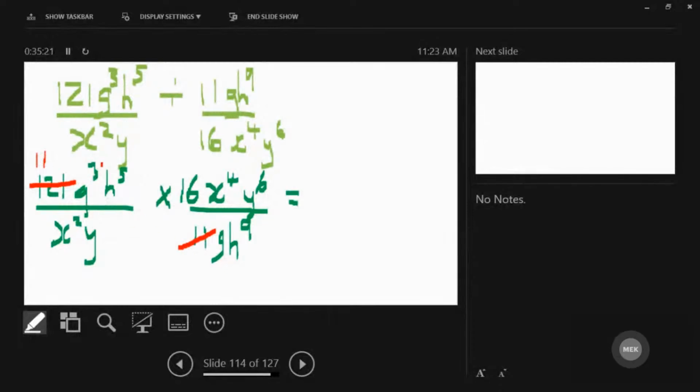So g to the third, so this g cancels g to the third and leaves g squared. That cancels y to the sixth. H to the fifth cancels h to the ninth power and leaves h to the fourth power. And the x squared cancels x to the